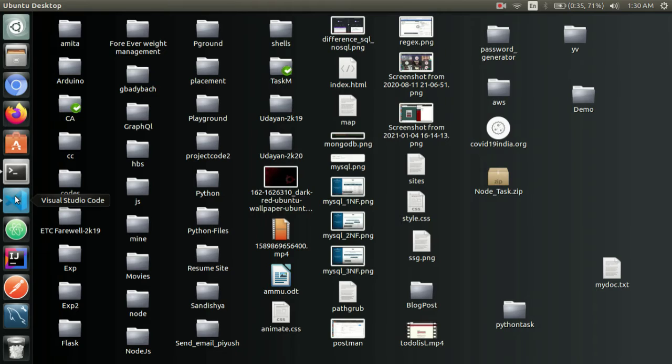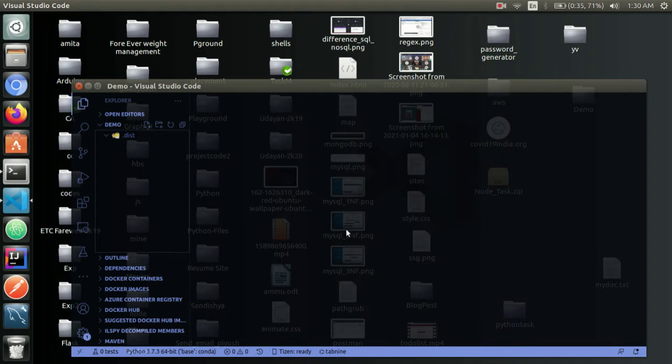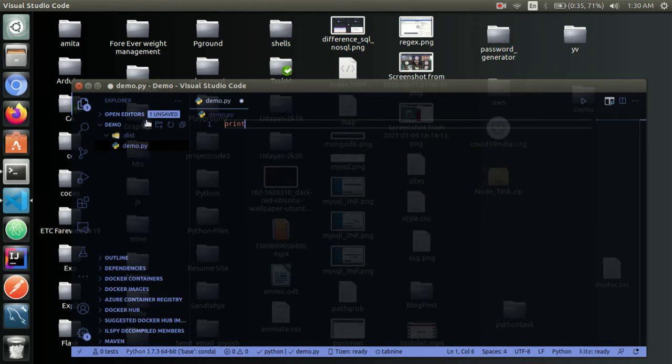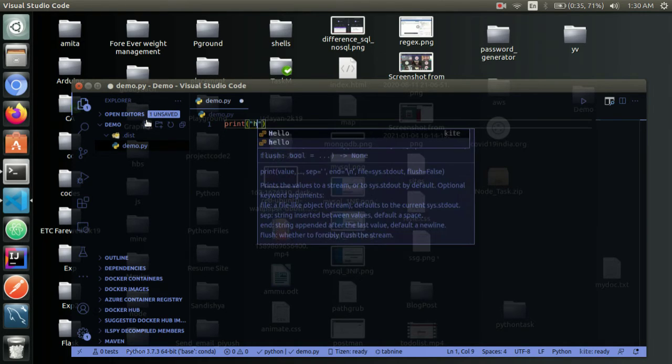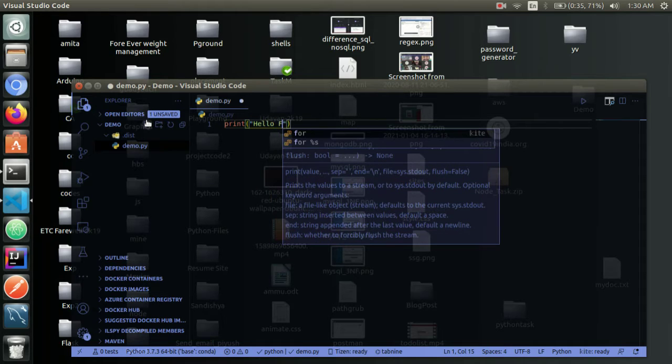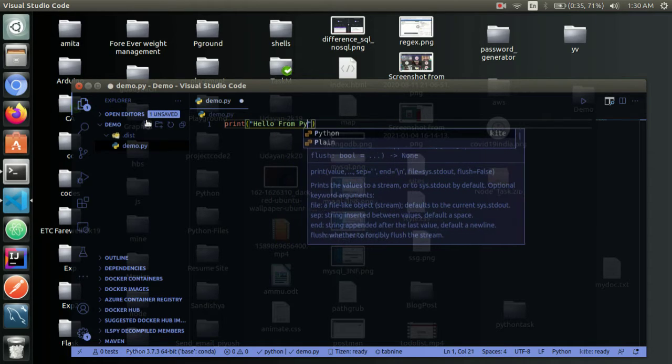First of all, I will open Visual Studio Code and here I will make a Python file, and in that file I will write a simple Python program. I am naming this file demo.py and will write a simple Python program. Hello from Python,